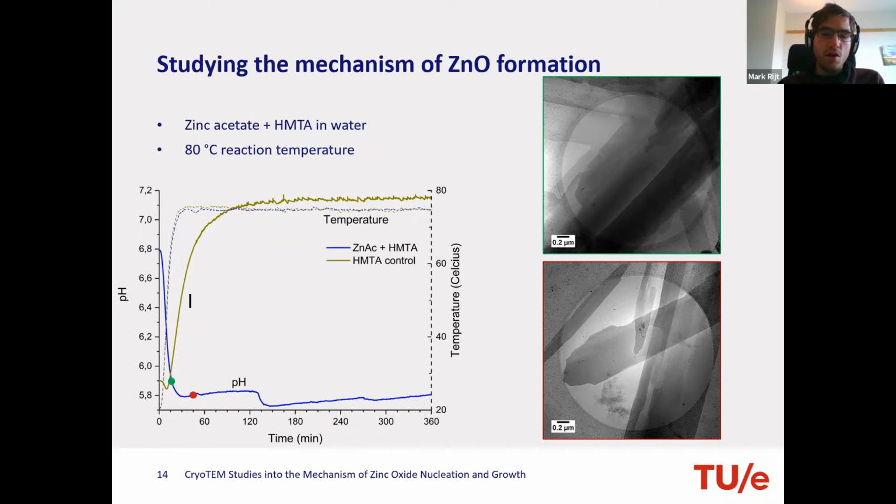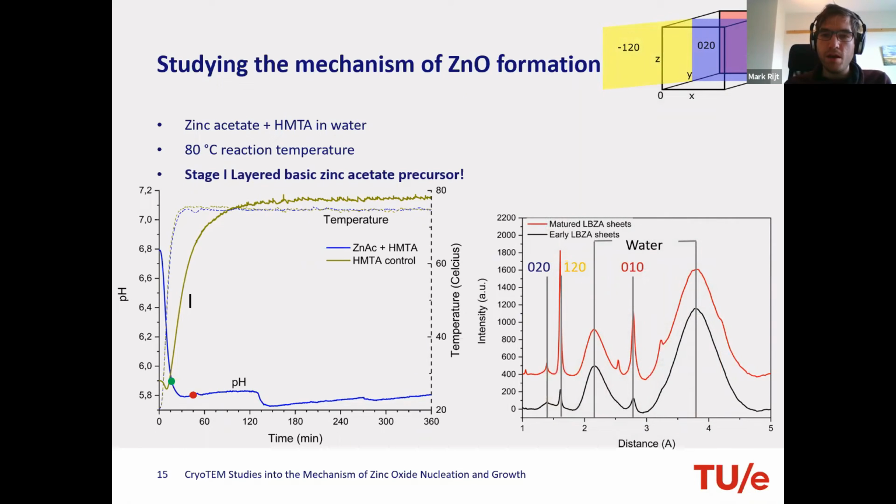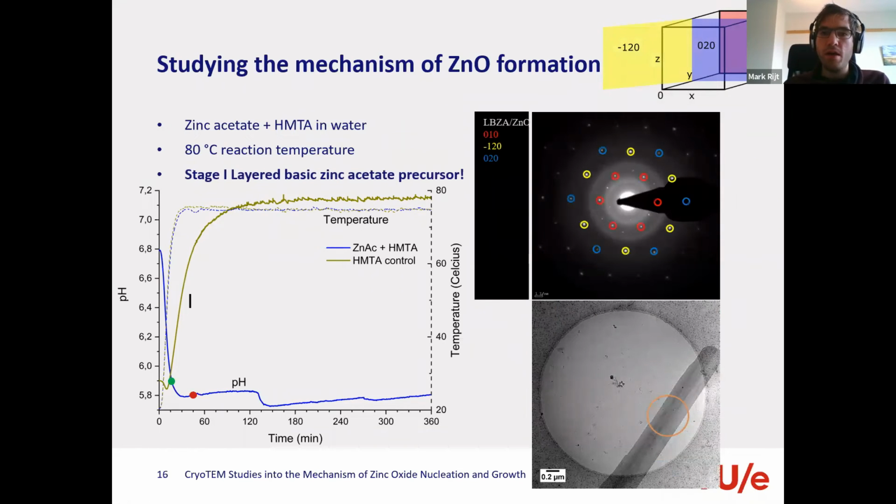And we saw that those platelet-like faceted particles had significantly grown in time, forming these many micrometer long structures. And again, when performing diffraction on these, we found the similar signals that we saw initially, but we also found a couple of other signals. And then we matched it with the database, and we saw this hexagonal pattern that could match with zinc oxide, but these other signals, it's more cubic, they match with a layer basic zinc acetate,